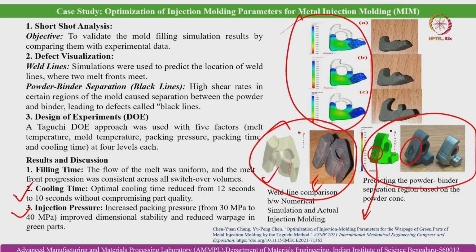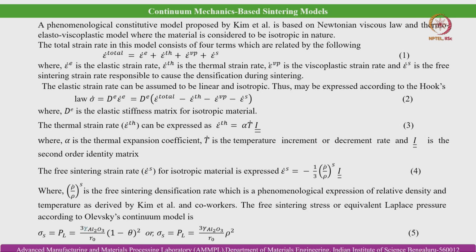So this is basically the essence: like any other process model we have discussed for other manufacturing processes, here also the goal is twofold: number one, to gain insight into the physics of the process, and number two, to optimize the process conditions. So, going ahead, if we discuss the finite element based sintering model, you know that this